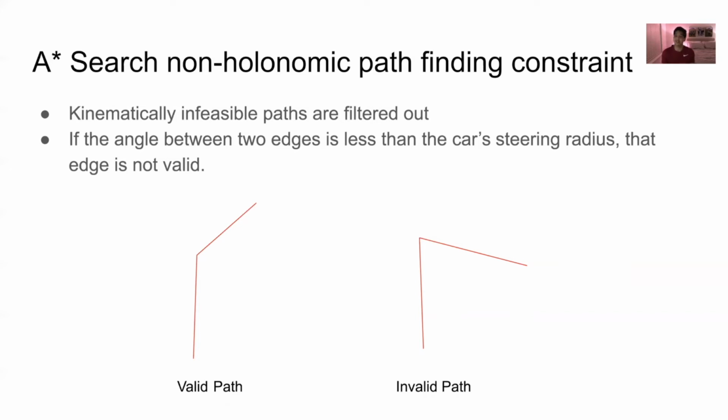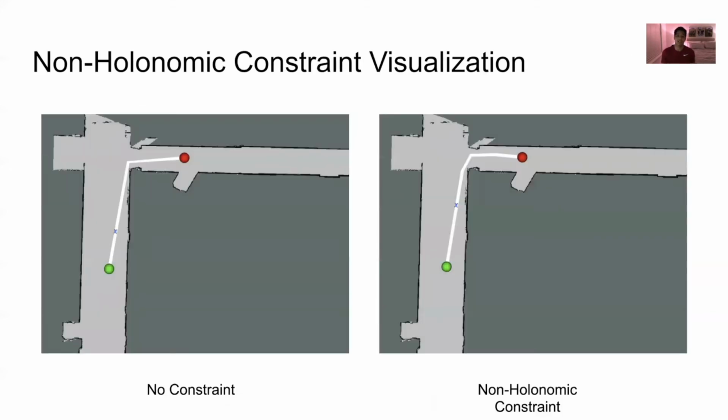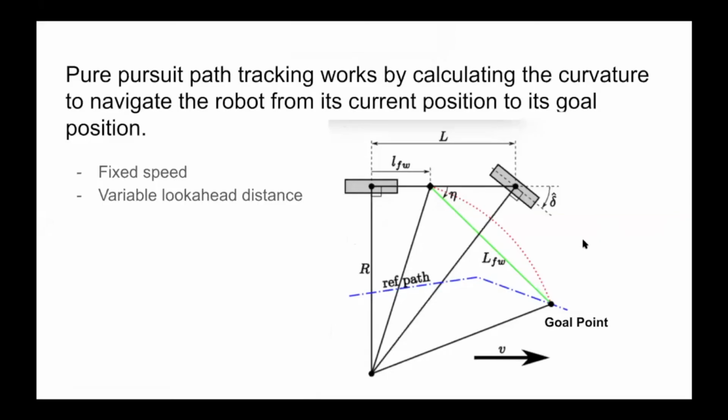And as a result, the path that we generate is feasible in terms of the car should still be able to traverse on top of that path and shouldn't have to make any corrections based on its turning radius. The pure pursuit path tracking algorithm works by calculating the curvature to navigate the robot from its current position to